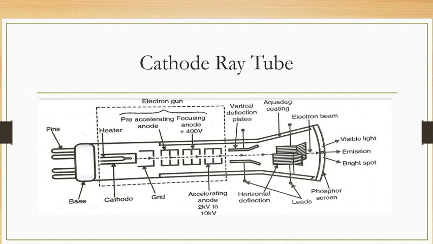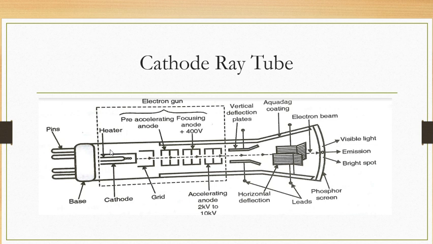The intensity of this electron beam depends on the number of electrons emitted by the cathode. We know that the intensity of anything depends upon inside parameters. In the case of this electron beam, the most important parameter is your electrons, and the intensity of the electrons is the intensity of your electron beam. Once the number of electrons is increased, the intensity will be increased. So the intensity of the electron beam depends upon the number of electrons emitted by the cathode.